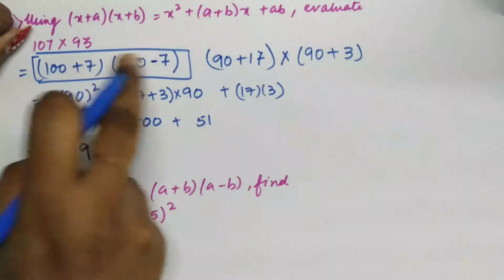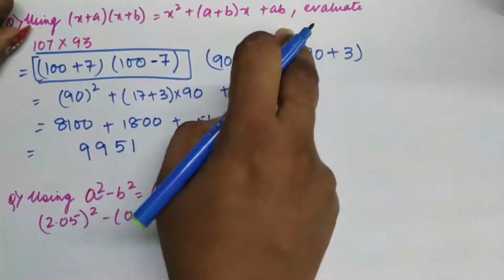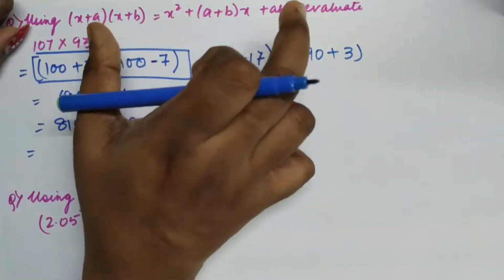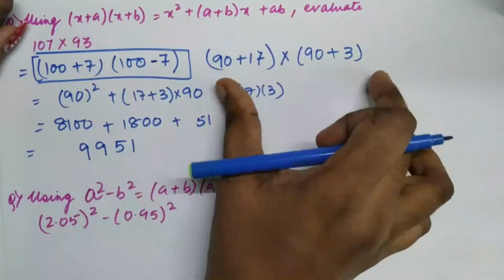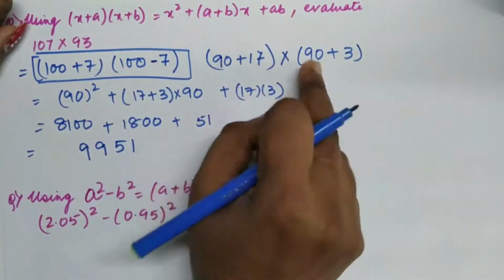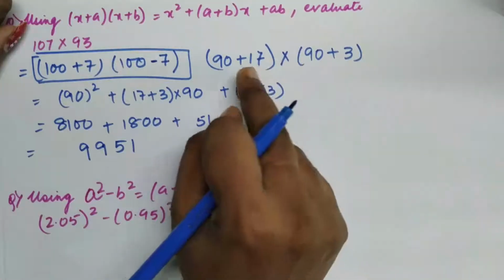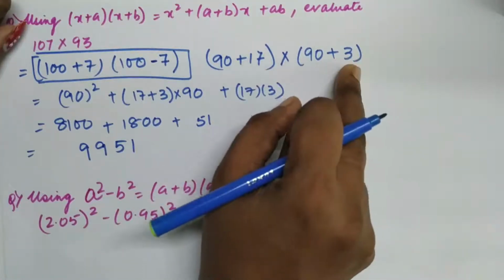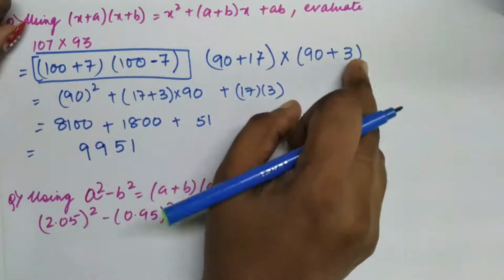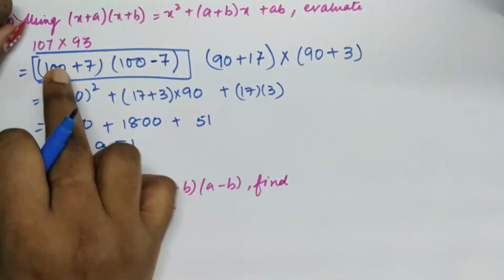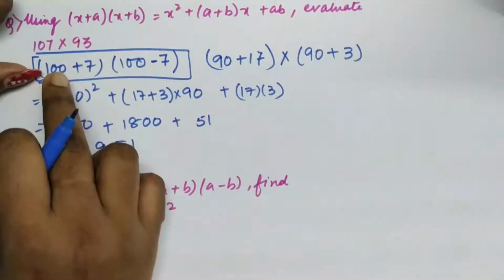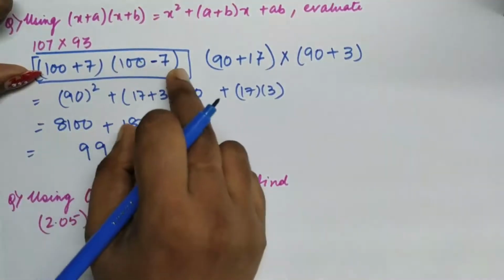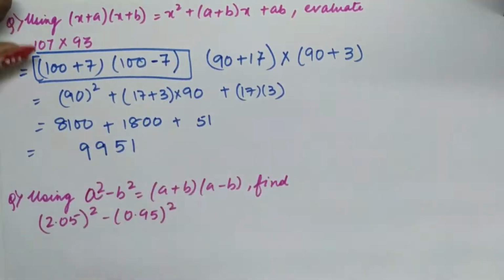So please remember, don't do this, because we are given in the question that this kind of identity has to be used. We are going to break it in such a way that x is the common factor and a and b's value are going to be different. If I use the other one here, it will become in the form of a plus b and a minus b, which we don't want at the moment.